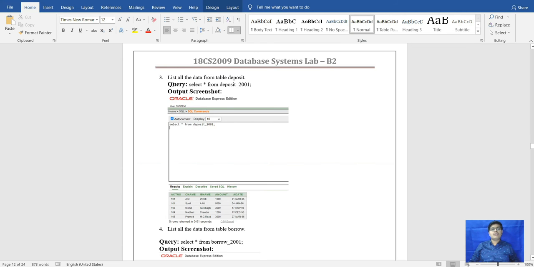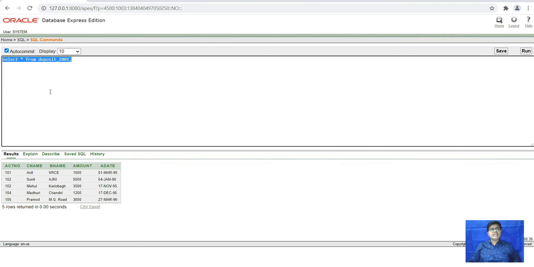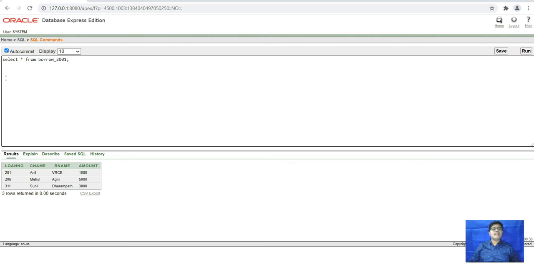After that, we will go to the next question. List all the data from the table borrow. The same command will be there, only we will change here. Borrow, and after that running we will get the borrow table list details that are of 201, all the list data that is present here.